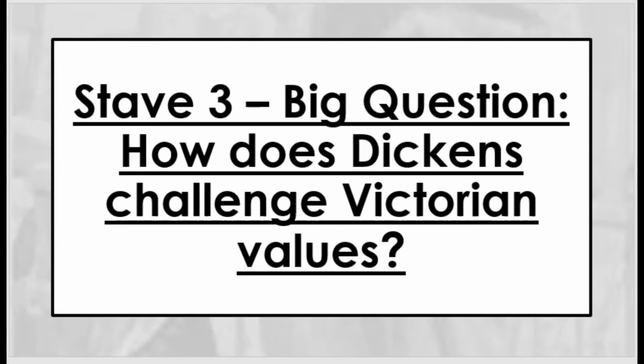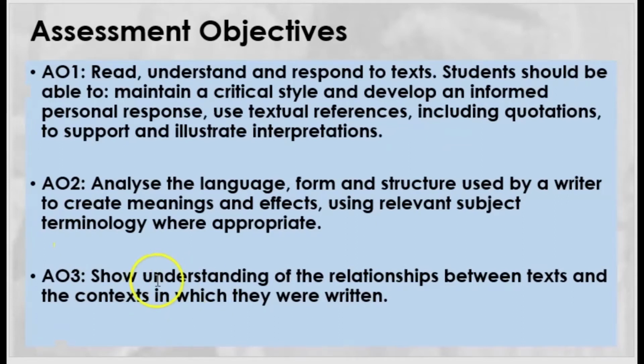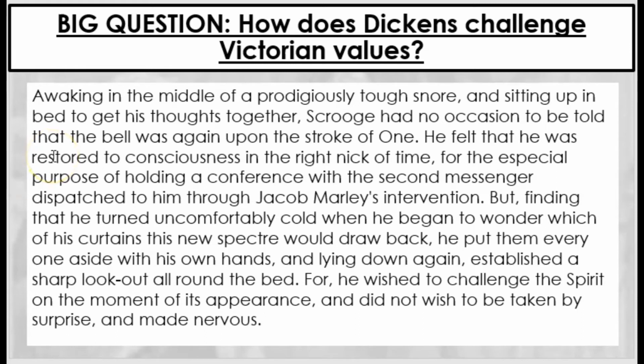And so we'll be bringing in a little bit of contextual knowledge under AO3, but as usual, we'll be continuing our look at the language and the form and structure of the text, considering some of the themes and ideas running through it. So for the most part, we'll be concentrating on AO2, and making sure, of course, that you understand the text. So we'll continue reading the story and occasionally pausing just to talk through some of the ideas in each of the extracts. So let's crack on.